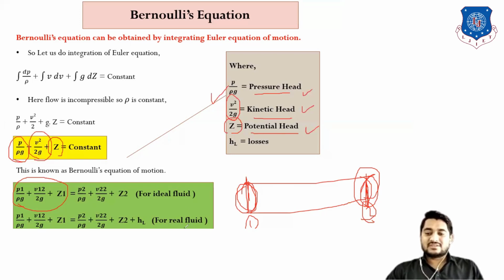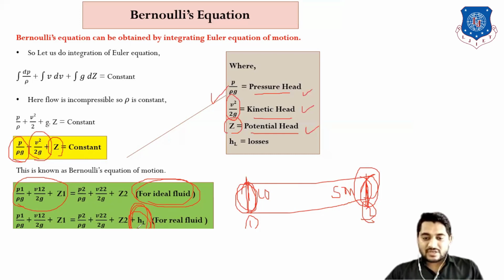From the Bernoulli equation, we can say this: for any cross-sectional area of a similar pipe, the total energy remains the same, whether the diameter is 10 meter or 5 meter, the total energy remains the same according to Bernoulli's equation. This is applicable only for an ideal fluid. In real day-to-day life, there is no such thing as an ideal fluid. So we have to derive the Bernoulli equation for real fluid also. In the case of real fluid, we have to add the losses HL, that means head losses, right?